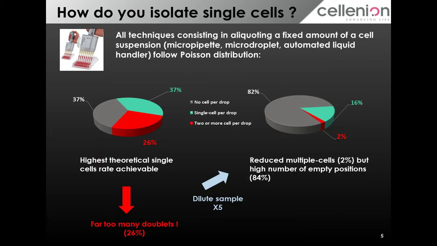When doing limiting dilution, for example, which is the most common technique to clone your cells, people will typically work at a fairly diluted concentration in order to limit the number of wells which will contain more than one single cell. Because, as you know, if you have more than one cell, then you will need to reclone, so do a second step, which is a great loss of time. Over the years,